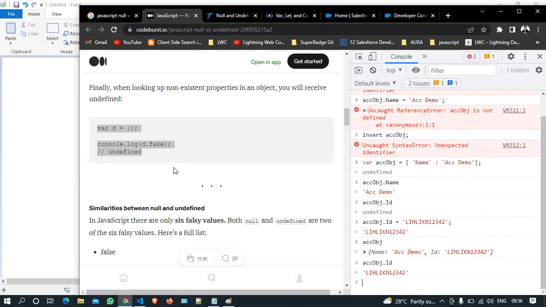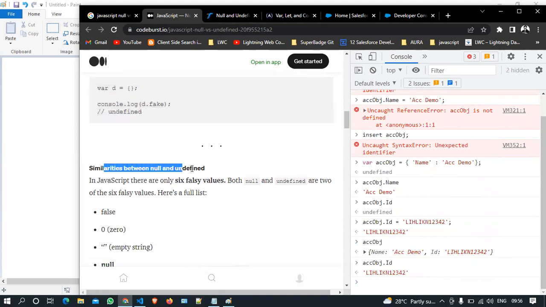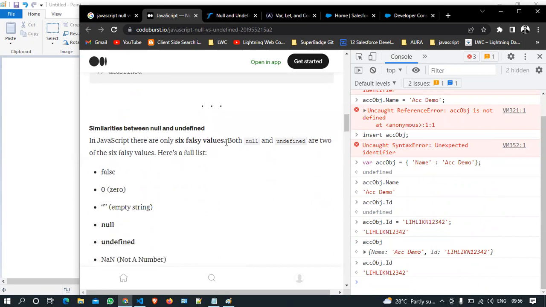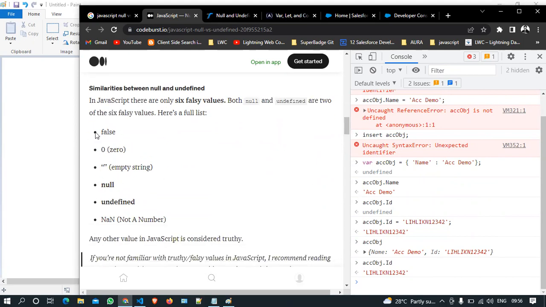सो ये हो गया नल एंड अनडिफाइंड। उसके बाद सिमिलरिटी क्या है नल और अनडिफाइंड में? ओके, सो अब देखो, बोथ नल एंड अनडिफाइंड आर 2 ऑफ द 6 फॉल्सिव वैल्यूज। मतलब फॉल्स वैल्यू कैसे ट्रीट करते हो तुम जावास्क्रिप्ट में? ओके, मतलब जैसे चेकबॉक्स होता है, अनचेक रहता है मतलब वो फॉल्स होता है, जीरो को तुम लोग फॉल्स ट्रीट करते हो, एम्प्टी मतलब फॉल्स। ओके, सो whenever you check any variables inside this what javascript,